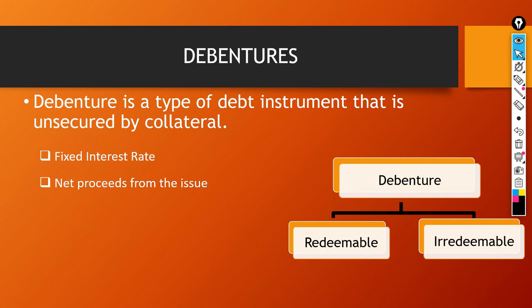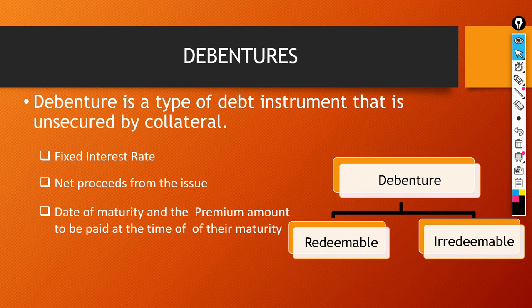So net proceeds means whatever amount you are getting by issuing your debenture, you have to subtract your floatation cost. And floatation cost means all those expenditures that are incurred at the time of issue of debentures. Now third is date of maturity and the premium amount to be paid at the time of maturity. Now, date of maturity means